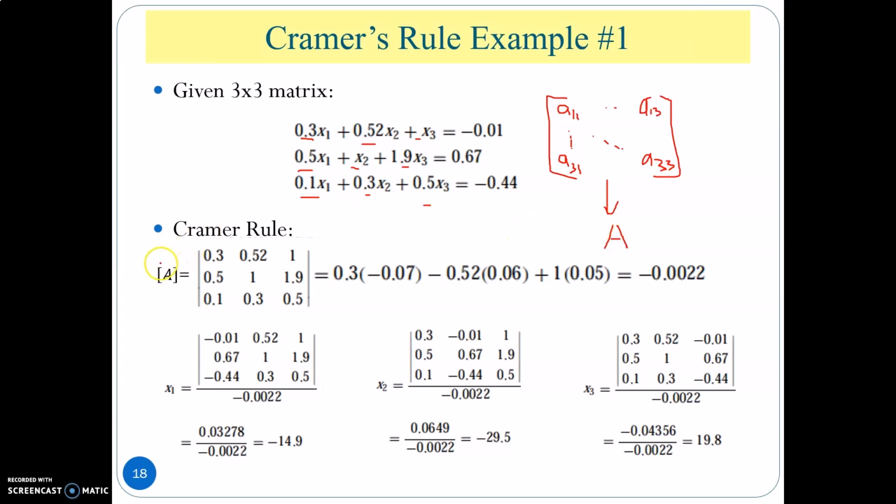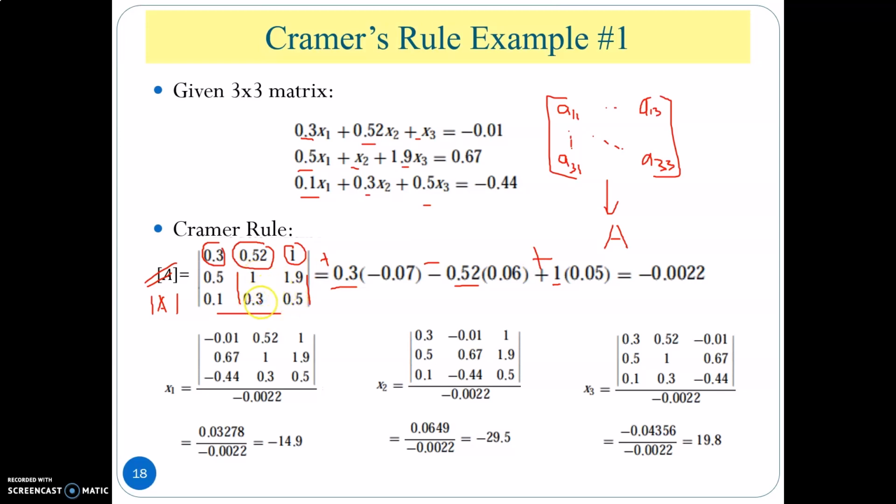So we have to perform the determinant for the A matrix. Be careful with the brackets here. So this is wrong. It should be corrected to this to indicate the determinant of the matrix A. And after we perform the determinant, so 0.3 remains, 0.52 remains, 1 remains, and then you have positive, negative, positive, and you take the determinant for the first element,